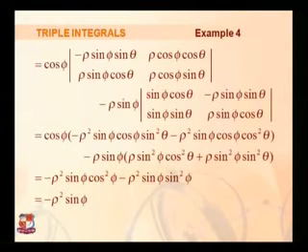As for the polar coordinates, when we take x is equal to r cos theta and y is equal to r sin theta, at that time the Jacobian is equal to r. Here, when we take the spherical coordinates, the Jacobian is equal to minus rho square sine phi. Note that the polar and spherical coordinates are both fixed, so the Jacobian will be fixed. For polar coordinates the Jacobian is r, and for spherical coordinates it is minus rho square sine phi.